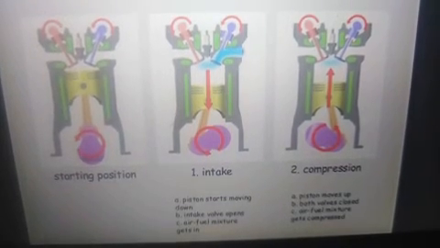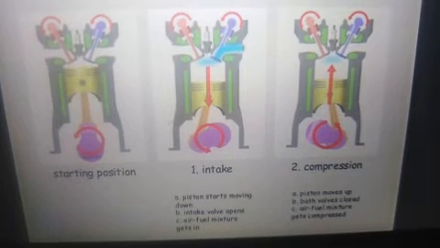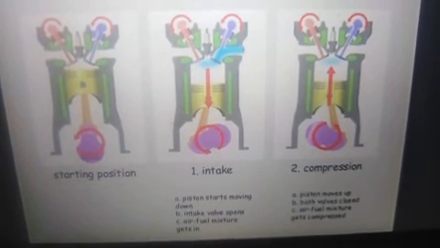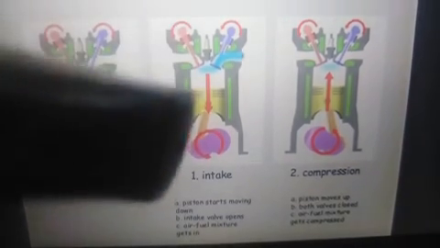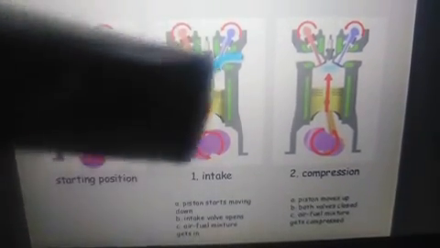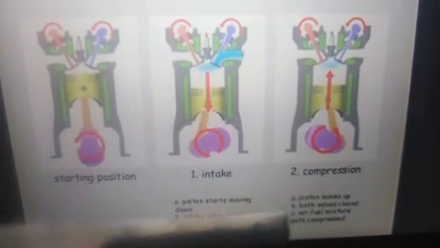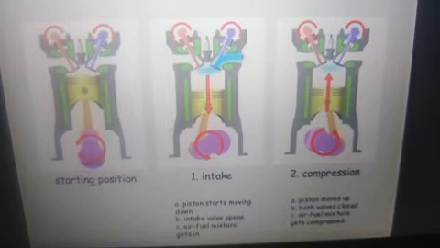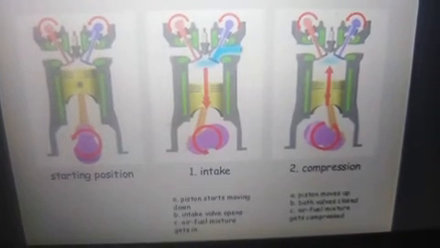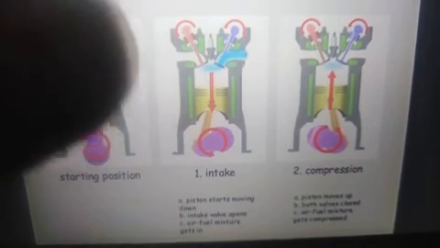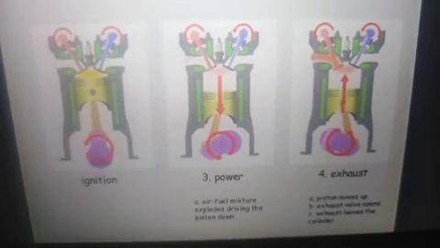Second is the compression stroke. In this compression stroke, the piston moves from bottom dead center. After the piston reaches the extreme bottom dead center, the air fuel gets filled in the combustion chamber. After that, in the next half revolution, the air which has been let into the combustion chamber is compressed with the help of this piston and cylinder arrangement. That is, the piston moves up and the air fuel mixture gets compressed. That is, pressure and temperature get increased.